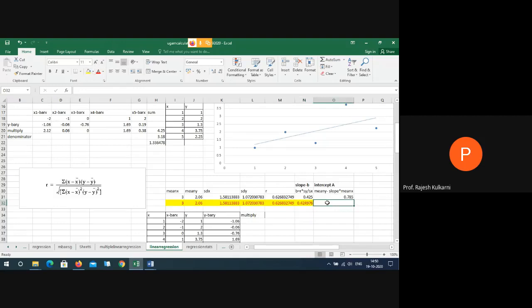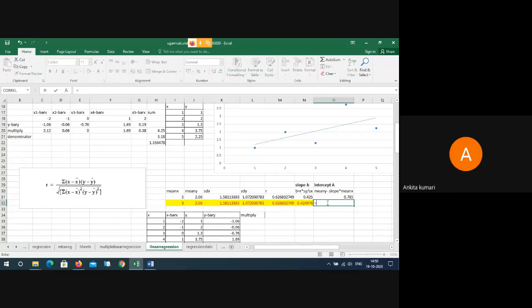Now somebody from second year again tell me the formula for intercept A. Formula for intercept A. Mean y minus slope multiplied by mean x. Okay, tell me the value of mean y, slope, mean x, how much?